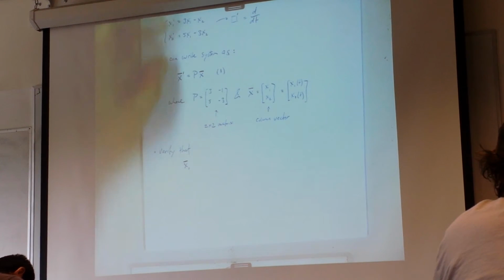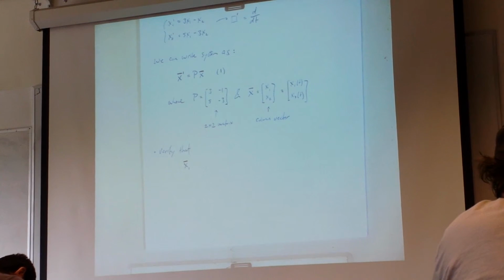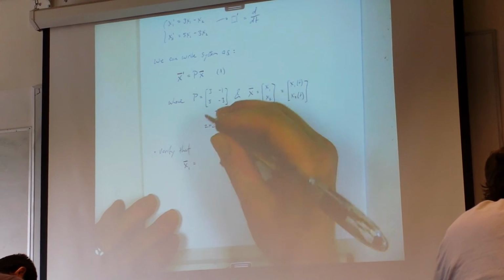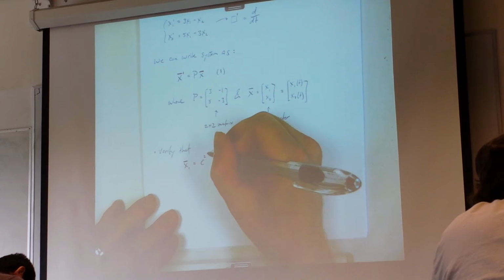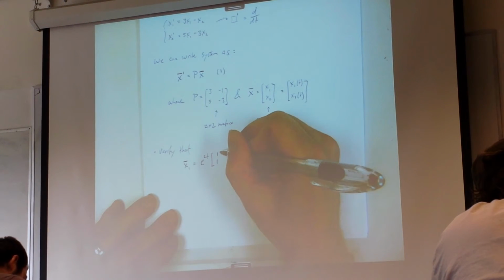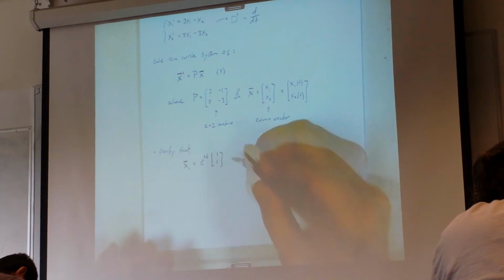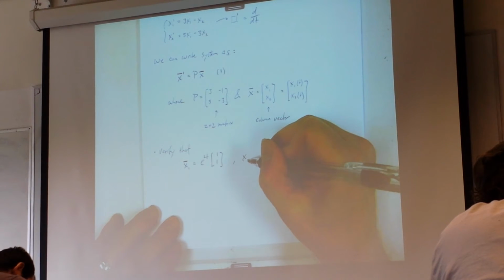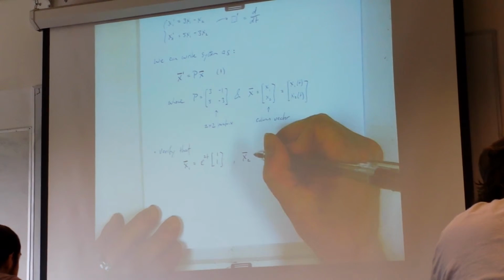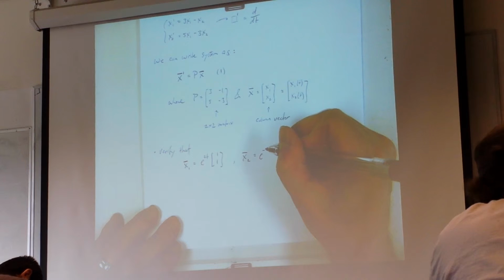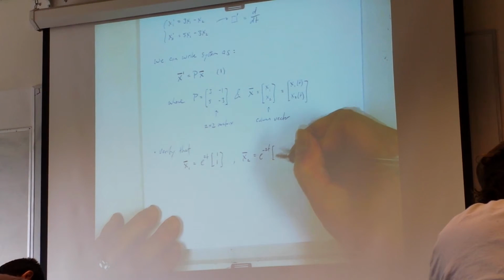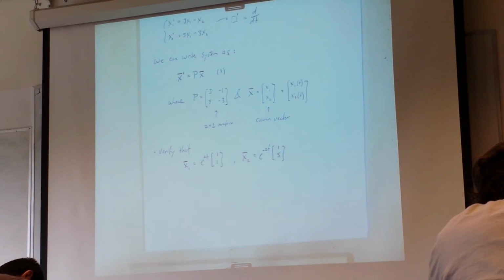So x1, this contains an x1 and x2, equals, say, e to the 2t times (1, 1), and x sub 2 equals e to the negative 2t times (1, 5) are solutions